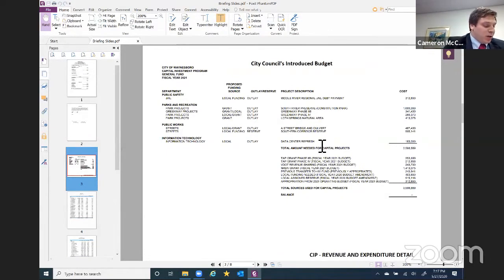And then it's also moving about $10,000 to replenish the major maintenance reserve in the CIP fund. And the total amount of all of those comes up to the